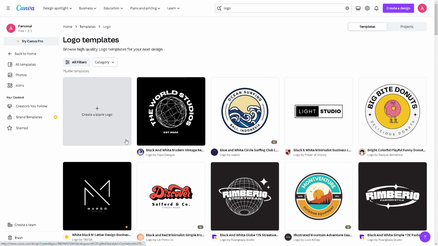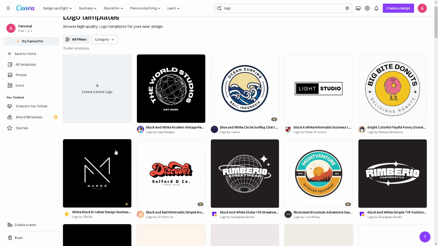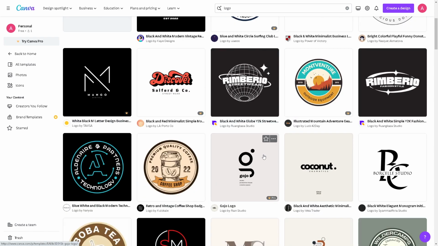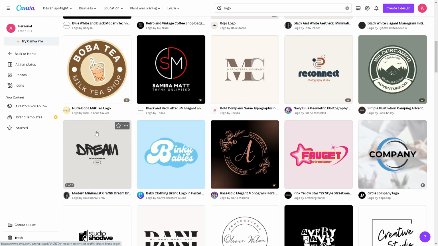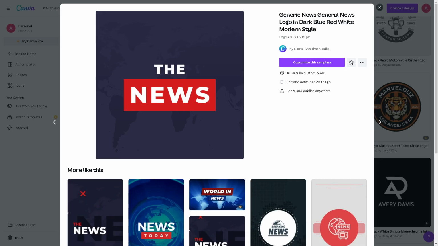Now you can choose whatever you wanted, but again, same as Mailchimp, some of the logos are only available on the Pro subscriptions of Canva. So you need to choose a logo that is not part of that. Now say for example, you've decided to go with this one. You click on it, and you can always choose customize this template. Now when you've done that,